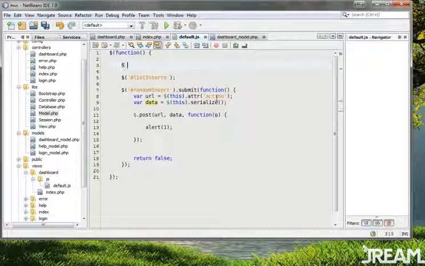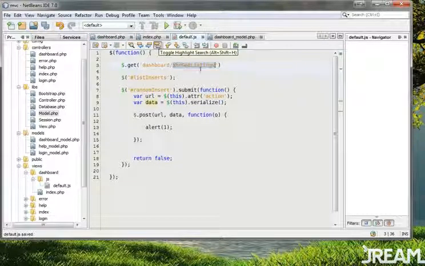So get, and I want to get it from, oh boy, the URL of our site. Let's just start with dashboard, and I guess this will be xhr get. I'll call that xhr get listings. I know these names are kind of confusing looking, but the only reason I put xhr in front of it